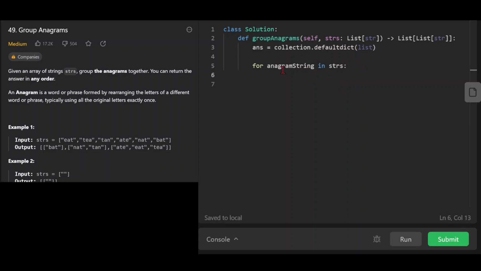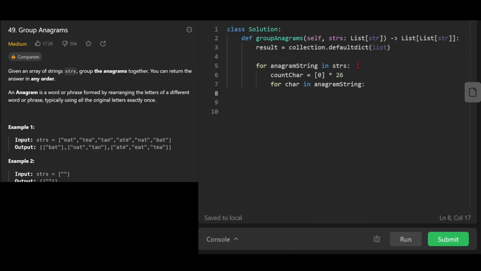Now for every anagram string in the strs, let's create a count. This will basically have a counter of all the alphabets, and I want 26 such indexes. So for every char in the anagram string,